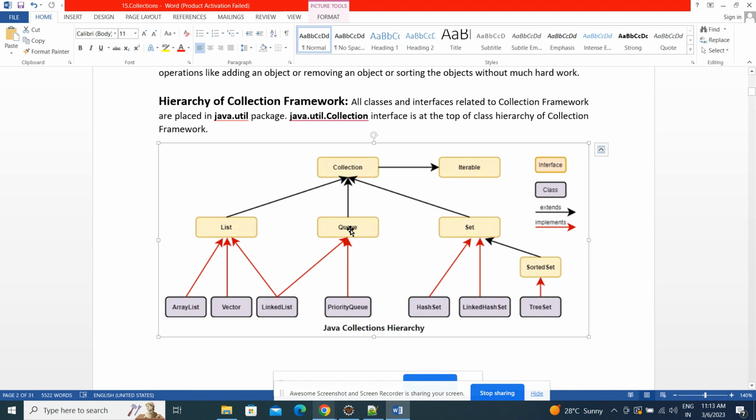Either list is suitable, or vector is suitable, or linked list is suitable, or hash set, or linked hash set, or tree set. Like that, based on our requirement, we will decide that. Okay, that we will come to know. Next,